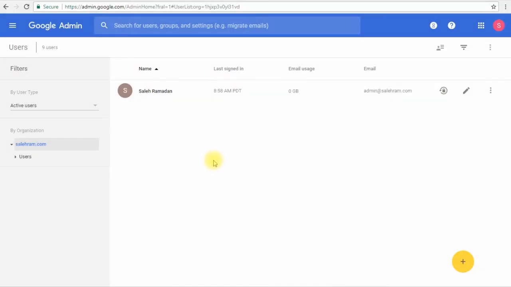Resetting a user's password is really a very simple and straightforward task that every one of us was doing, keeps doing until now, and will keep doing in the future. So to reset a user password in G Suite, all we have to do is either click this icon here, or we can go inside the user profile and we'll find the same icon there,